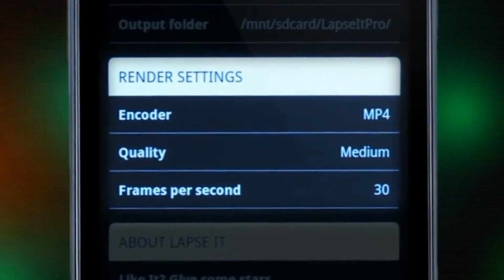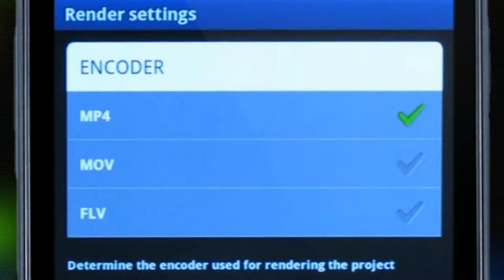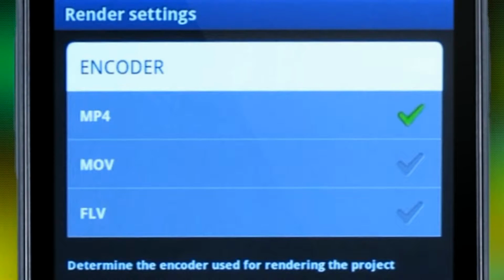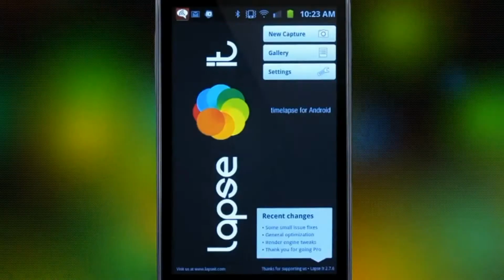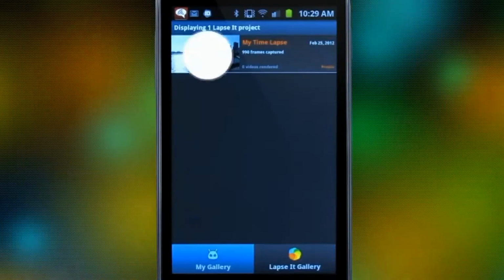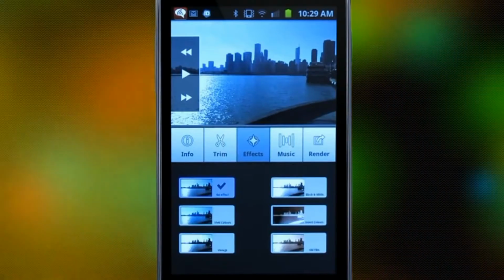Once we finish capturing, we just make sure our preferred options from our render settings are selected. Lapse It has a unique and powerful render engine that will export the proper Android video format, MP4, as well as two other popular formats, MOV and FLV. Our capture will be found in the gallery, where we could play it back, edit it, add effects or music,